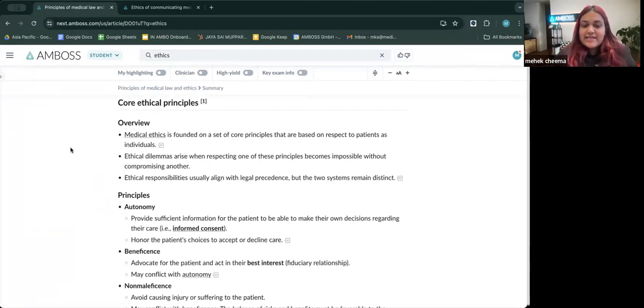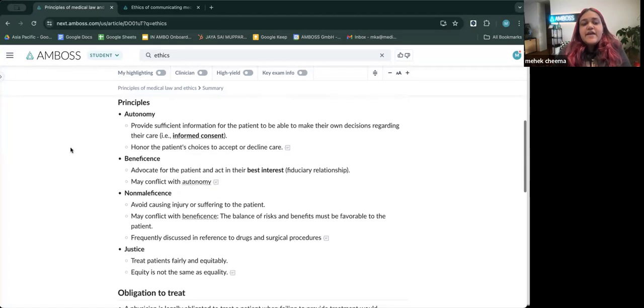We need to understand that even in a hospital that is very busy, even if you're seeing 100 patients in a day, you are the only doctor a patient has. You might have 100 patients, but the patient doesn't have 100 doctors, which is why how you provide healthcare is very, very crucial. And I want you to understand this now, because the earlier you understand this, the better doctors you will become. Now, going into the principles of medical ethics, there are 4 main principles that we need to take care of. And I want you to remember that these are not just words, they are things that you actually need to follow. All right.